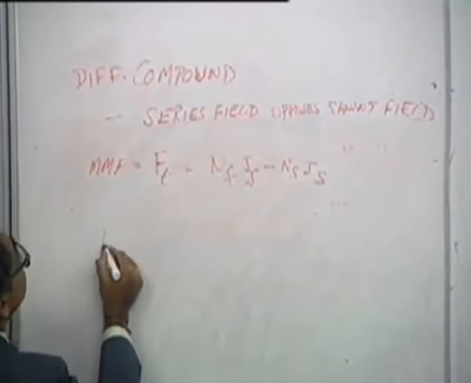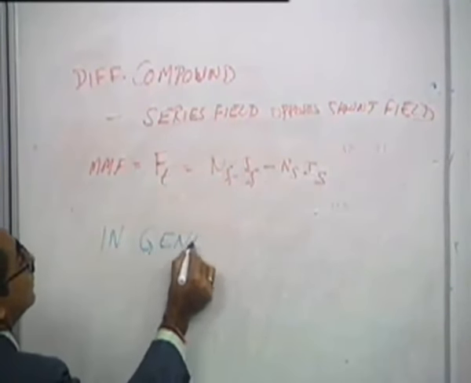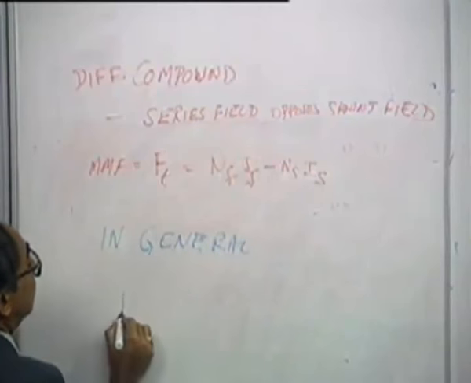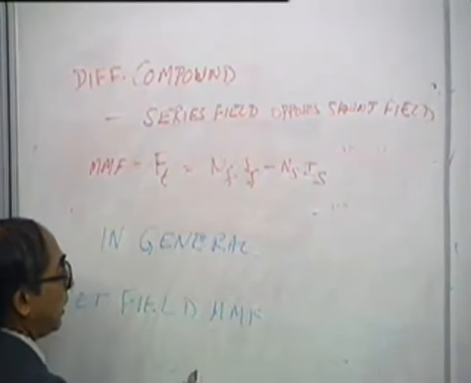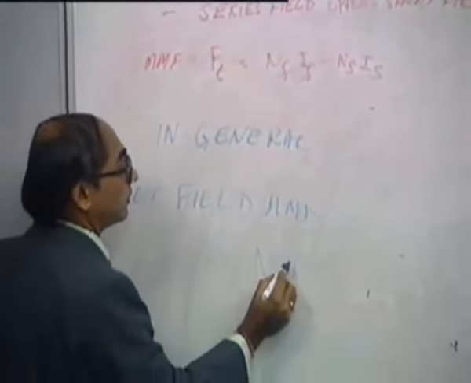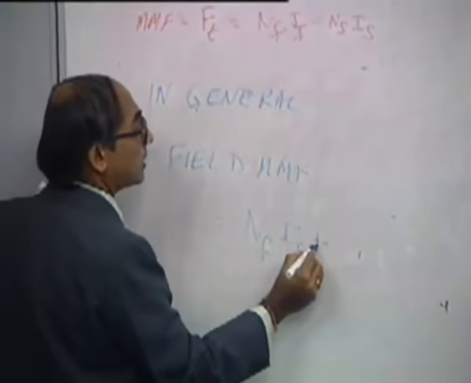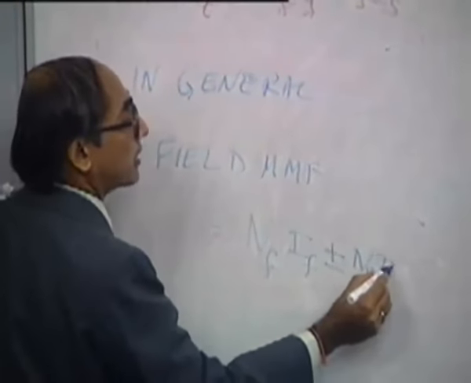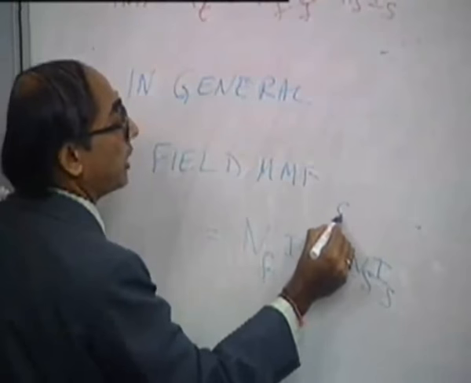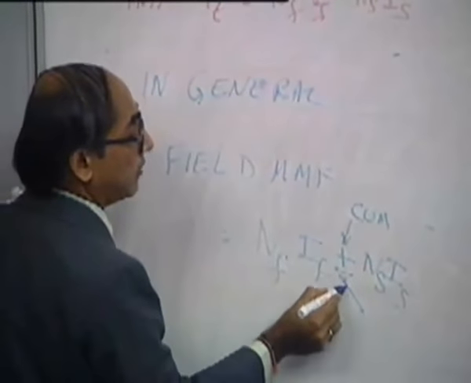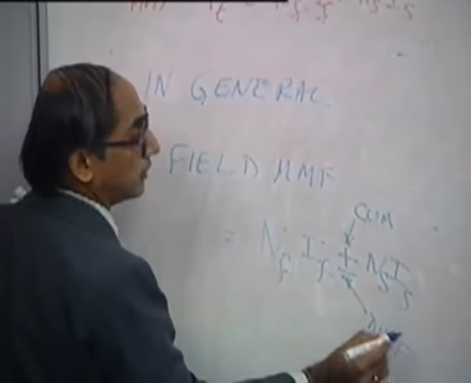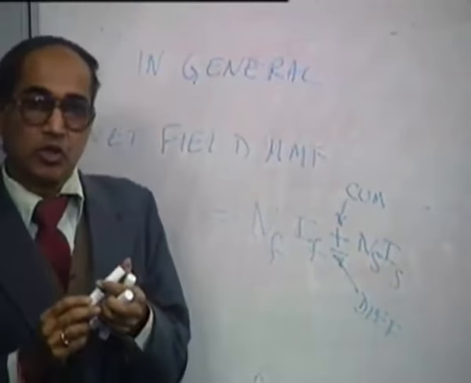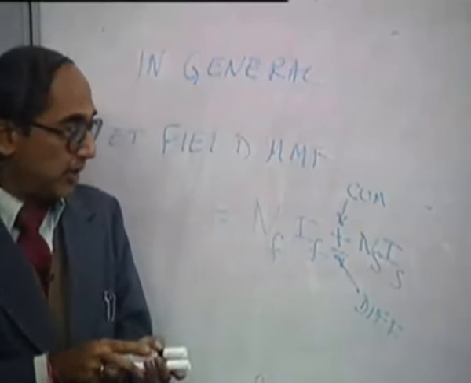So in general, we can say that the net field MMF will be equal to NFIF plus or minus NSIS. So the plus will be cumulative and the minus is differential, but wound on the same poles. So both series and shunt fields will be on the same poles, but